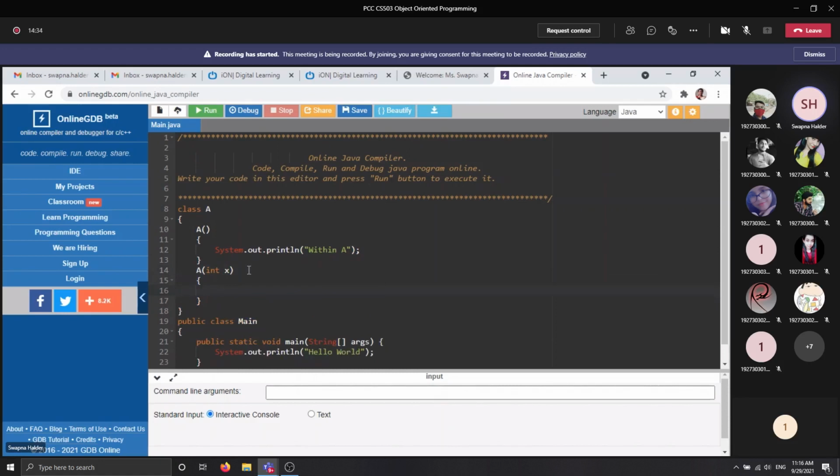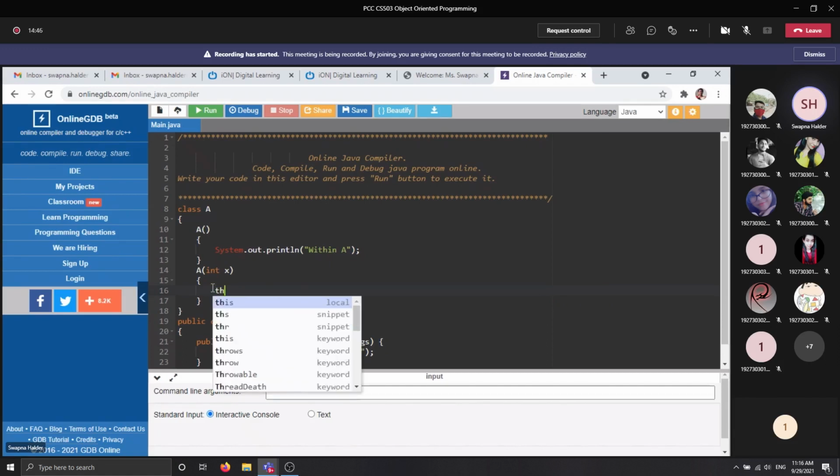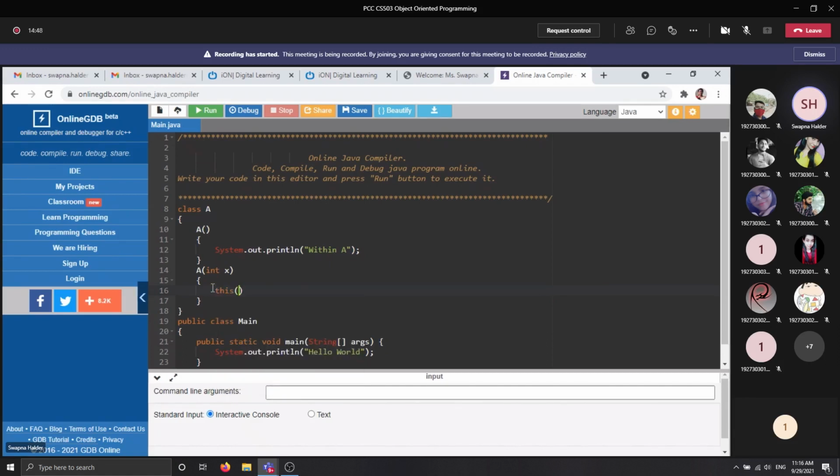Next, you want to invoke the first constructor in the current class. So what do we need to write down? That is this, then the first bracket. This line will invoke the first constructor declared within this class. Okay.